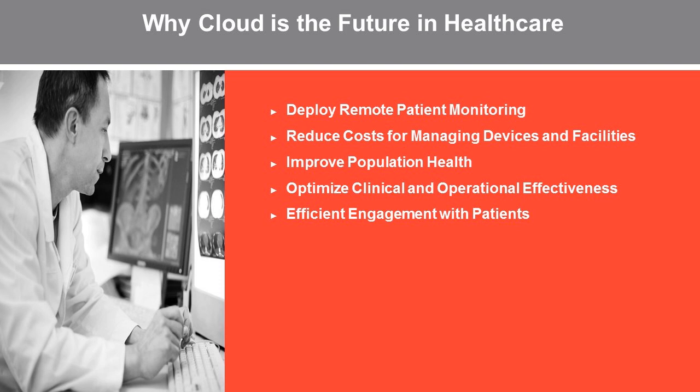As we look at these bullet points about remote patient monitoring, I mean, all these points have a lot of value, but at the end of the day, here's a real live example, right? In the future, patients and customers are going to play a much more important role in their own diagnostic and care definition, and cloud architectures are certainly allowing for better data presentation and analytic for that particular circumstance to happen,